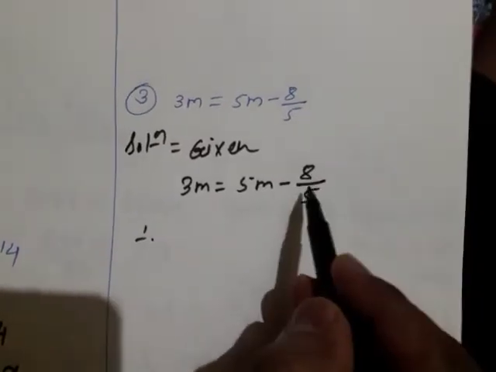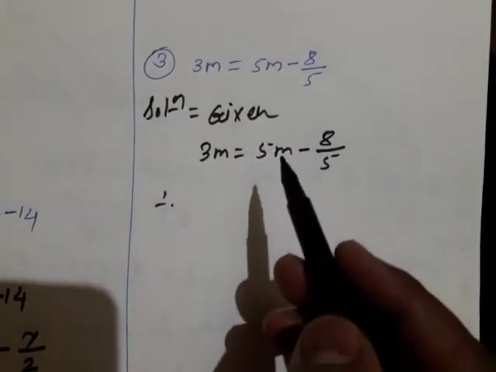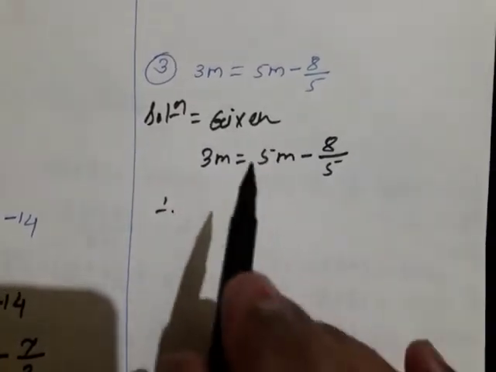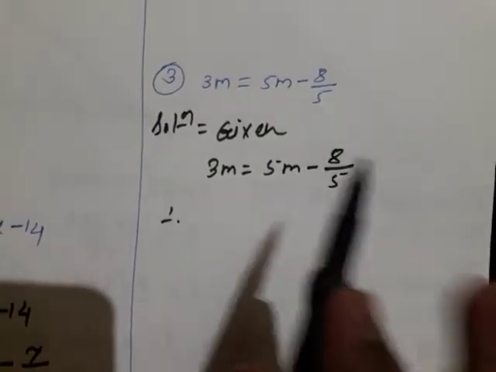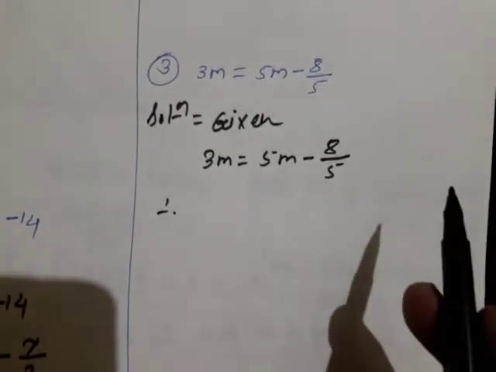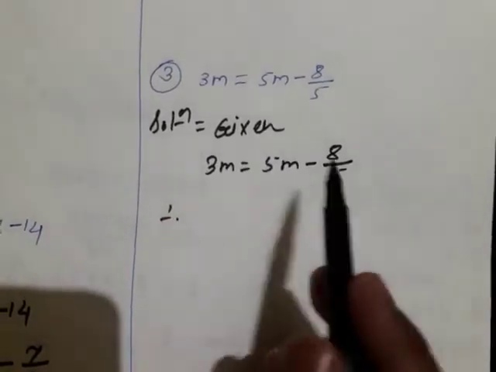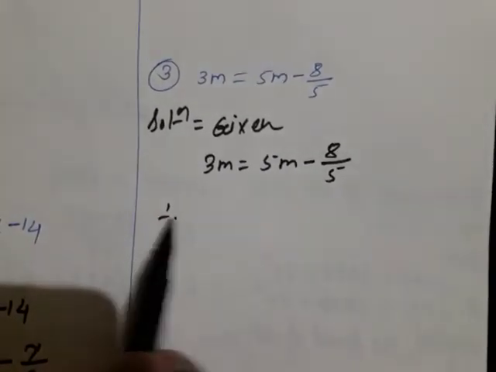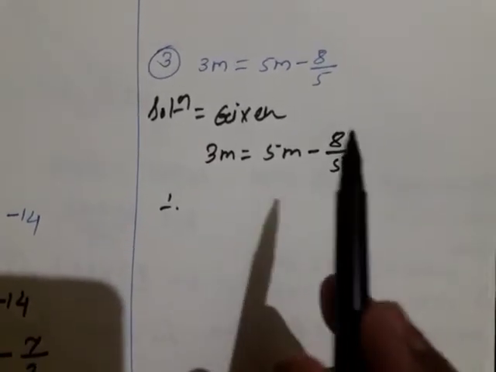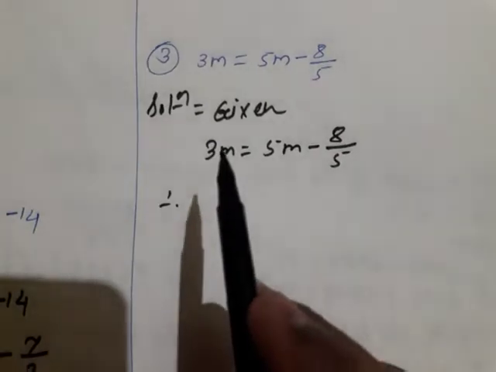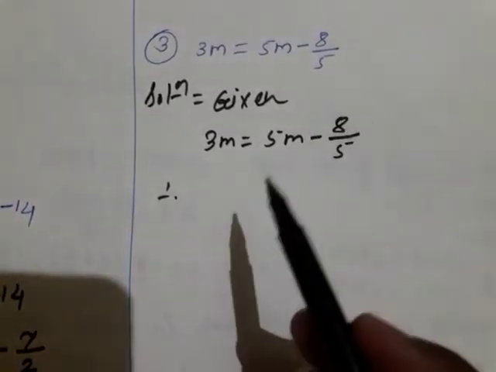Look here how. 5m, when you are transferring, when you are taking the variable to one side, at that time you must remember what you should always try to take. I am saying try to take, it is not compulsory, remember. Suppose you are going to take this plus 5 to this side, then it will convert into minus, we will get a minus answer. Correct, no problem at all. But you try to take, if it is possible, the smaller number towards the greater number. These smaller numbers we have to take towards the greater number.